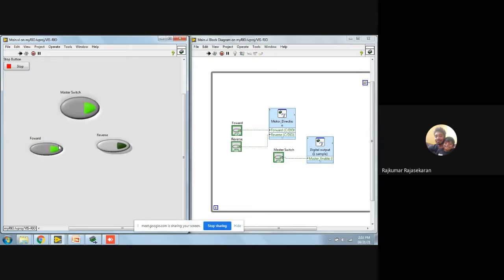Okay, probably it's a faulty motor driver. Let me just take one more and I'll be right back.